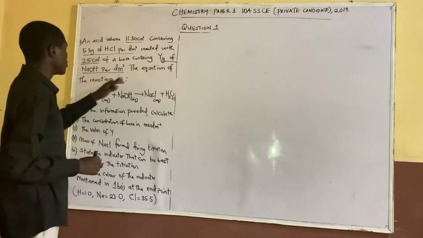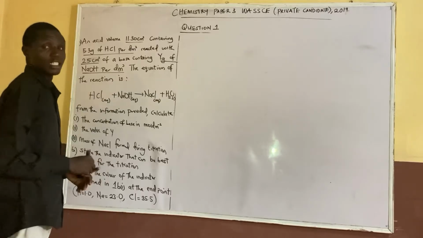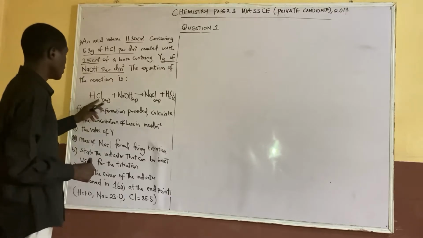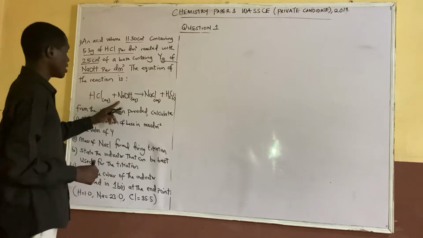The equation of the reaction is as follows: HCl plus sodium hydroxide